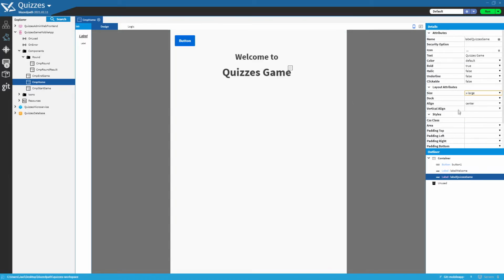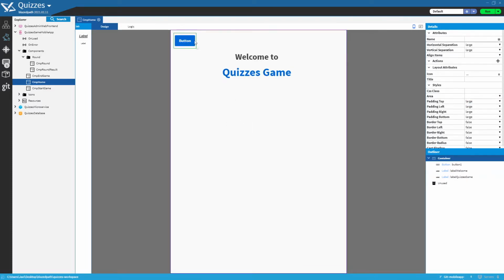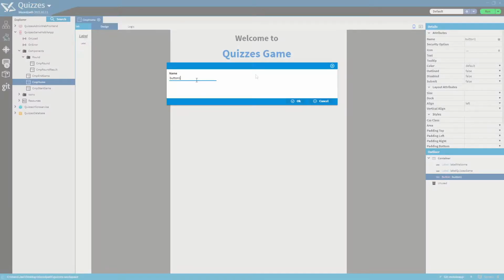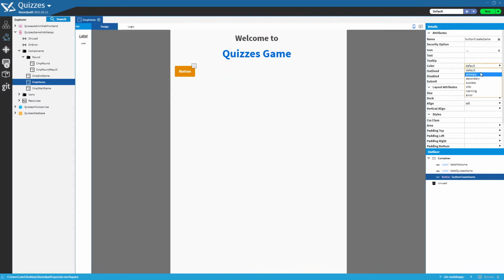and we are going to reutilize the button we initially added through the outliner, moving it below the two labels. This is with a simple drag on the outliner tree. We will use the text for the button "Create new game", again center it using primary color, and we're going to use the large font. The widget name will be button create game in camel. I'm going to set the size equals large,